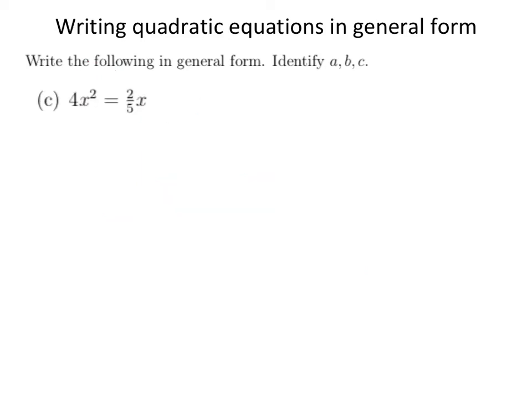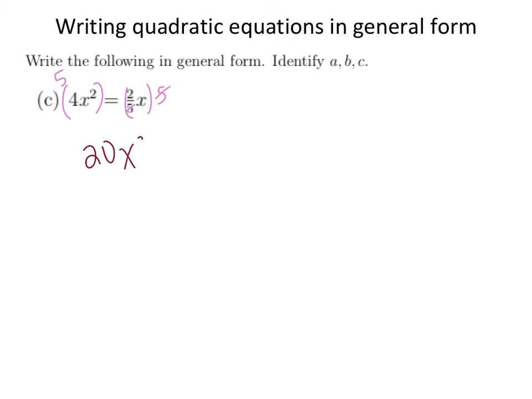So one thing about writing quadratic equations in general form, you cannot have any fractions or decimals. So right now I have a fraction, right? 2 over 5. In order to get rid of that denominator, we've covered this before, you just have to multiply everything by 5. So both sides I'll multiply by 5. That'll cancel out the 5 in the denominator. So I'll be left with